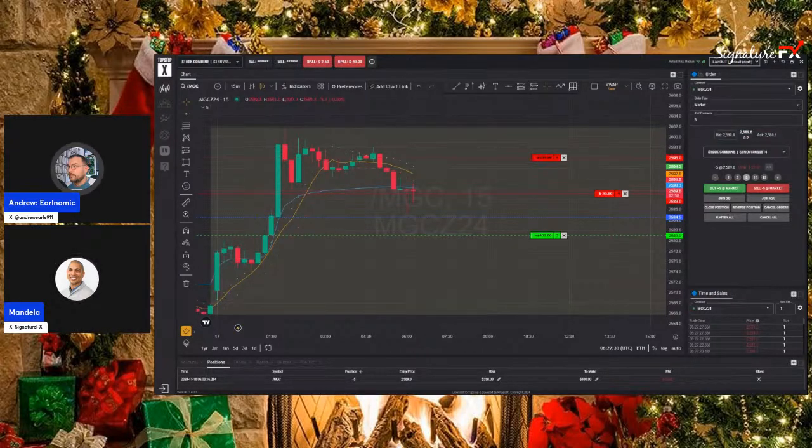Yeah, we'll see. I'm quite mindful of the rejection here. So we could be seeing a reversal here. Could be seeing the push up, but quite mindful of these two candlesticks here. So yeah, I'm gonna let this trade play out for now.